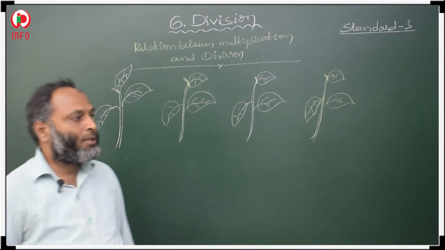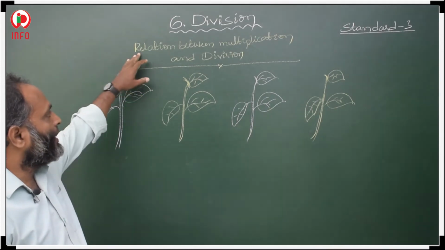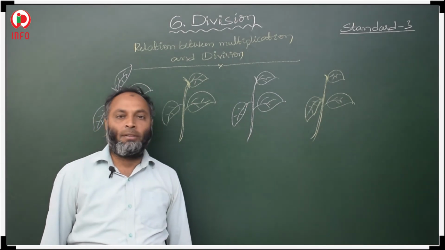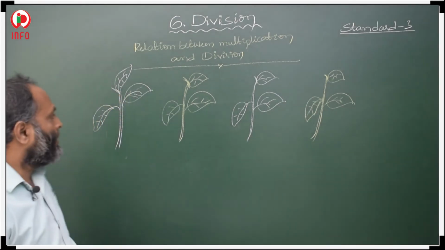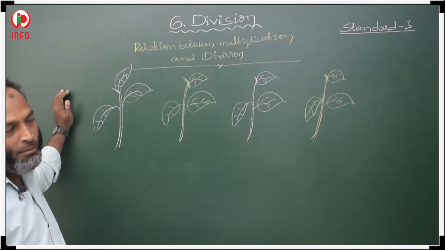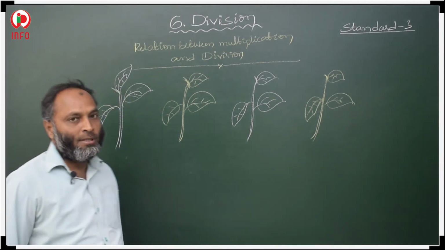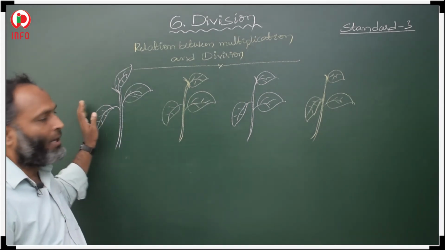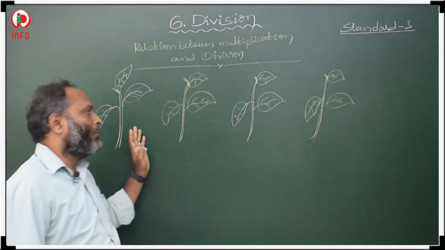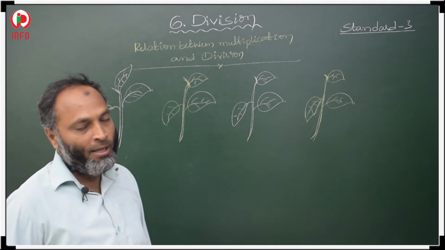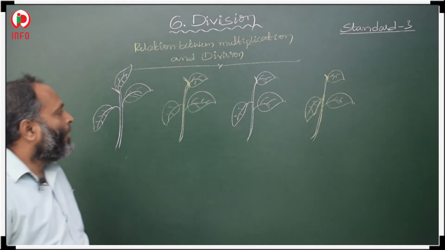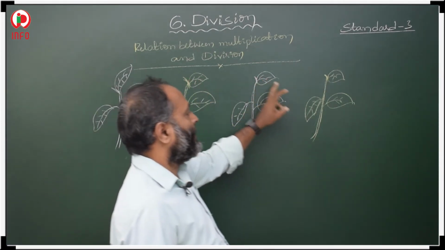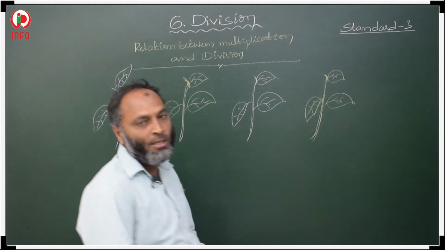Okay. Now students, here see, now we are finding the relation between multiplication and division. So what is the relation between multiplication and division? See here. So here, 4 bunches are there, 4 bunches of 3 leaves in each. How many bunches were there? 4 bunches. Then how many leaves are there in each? 3 leaves. Then total how many leaves are there? 1, 2, 3, 4, 5, 6, 7, 8, 9, 10, 11, 12. So 12 leaves were there.